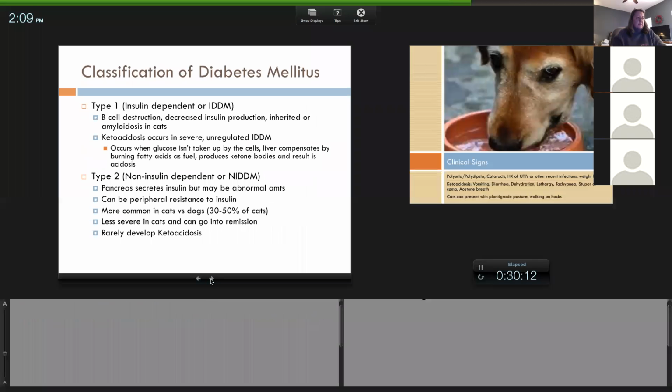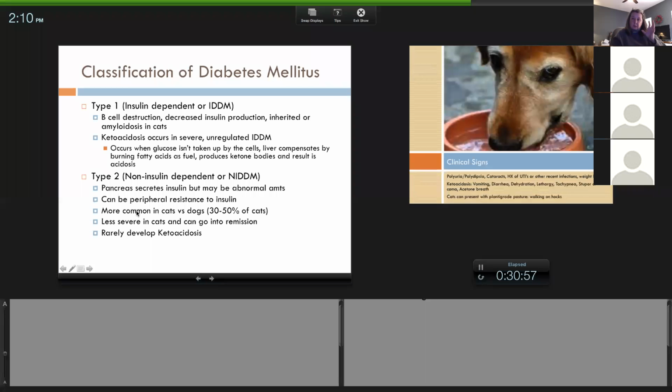There are a couple different types of diabetes, type 1 and type 2. The ones I feel like I saw more in practice were type 1. Now in people, for example, my stepdad has type 2 diabetes. He can get an elevated blood sugar, but a lot of times all he has to do is watch what he eats, exercise a little more, not eat ice cream at night, and he takes some pills, but he can manage it pretty much. And this is because type 2 is called non-insulin dependent. They don't have to take insulin with type 2 diabetes.